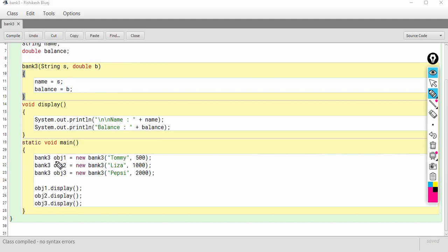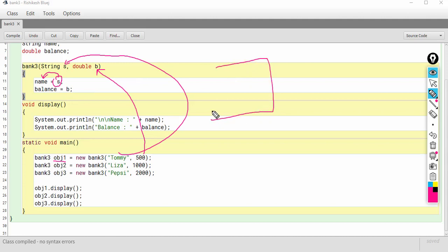When this obj1 is created, Tommy is passed to S and 500 is passed to B, and that Tommy will be assigned to name. Whose name? It will be obj1's name.